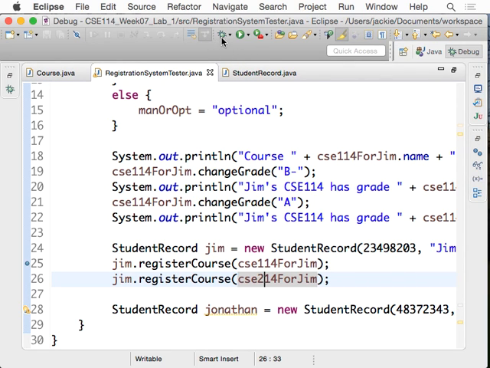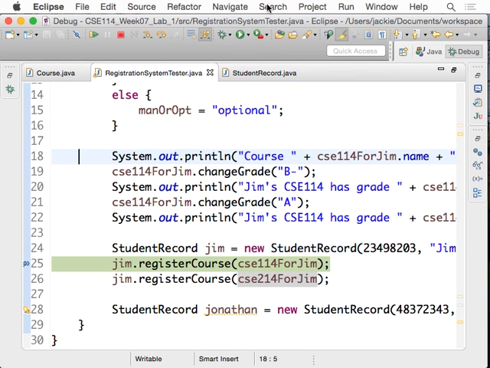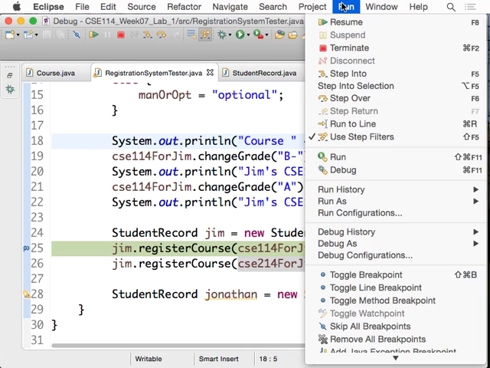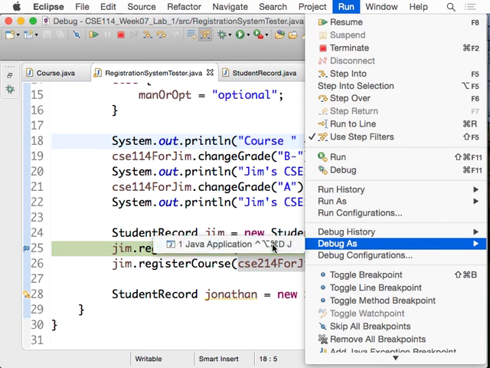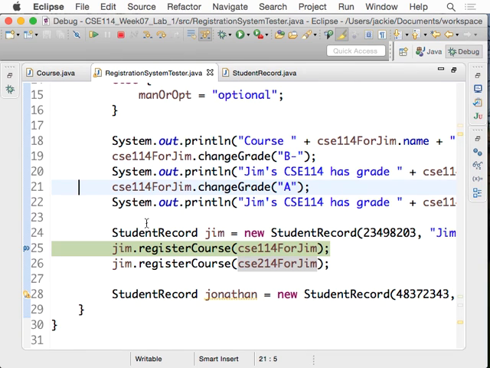Now I run the debugger again, run debug as that. Okay, now I'm stopped here, at line 25. So this is right before I register 114 for Jim. At this point, the registered courses array is still null, right? We know that. If I step into it,